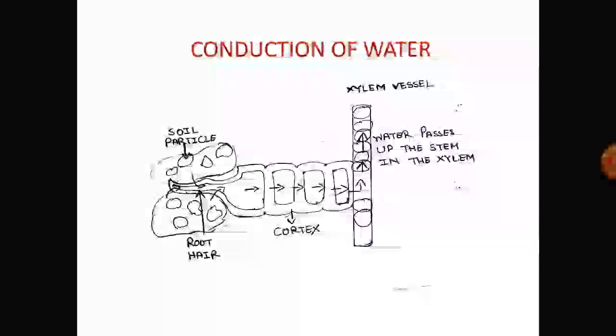Now, again I am repeating about this conduction of water. The soil solution actually has a higher content of water than the cell sap. Cell sap means the fluid or the juice of root hairs. So, soil contains more water than the cell sap. Hence, water from the soil enters the root cell by the process called osmosis. As a result, root hairs now become turgid, while the adjacent cells of the cortex, that means inner cells or inner tissues, have lower water content. So, this results in the movement of water from root hairs to cortical cells.